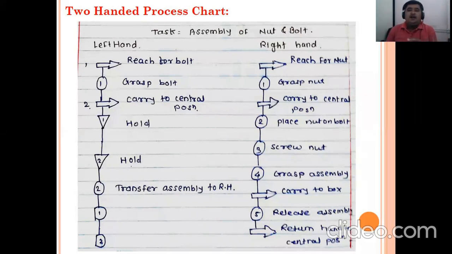Okay, so take the nut into your left hand, put the left hand, take the nut into the right hand, put it, grasp it, take it, put it, like this, the things are there. This assembly of nut and bolt is very simple. We know it, we do it at various times. That's why we feel a little bit of enjoyment. But when we do not know what to do and how to do it, then there is a problem.